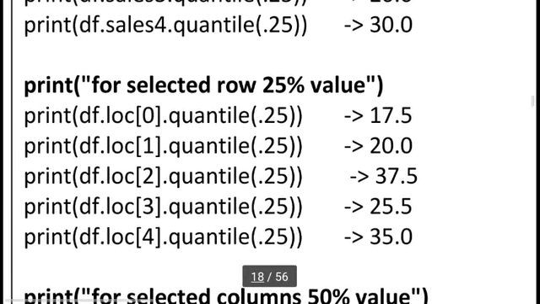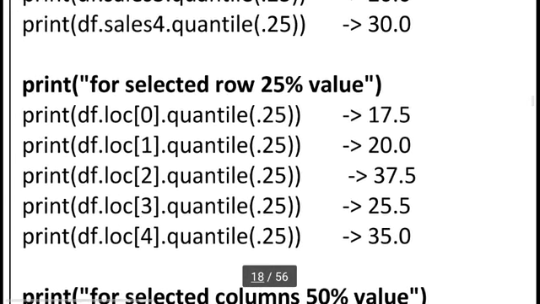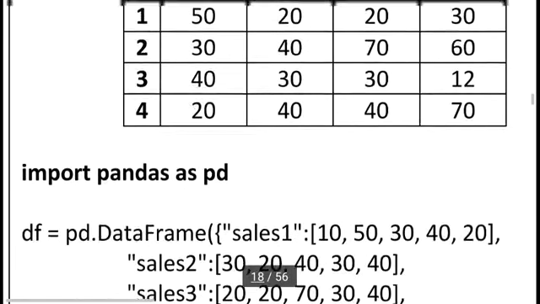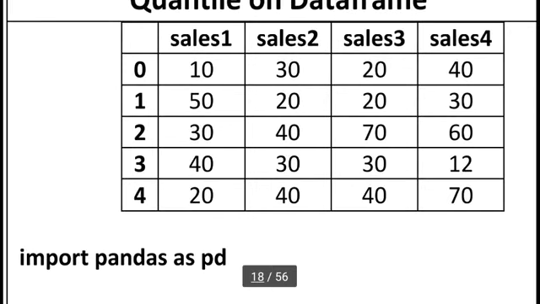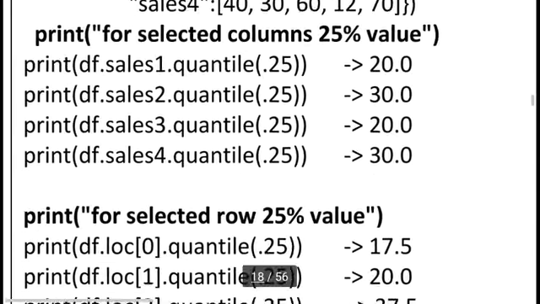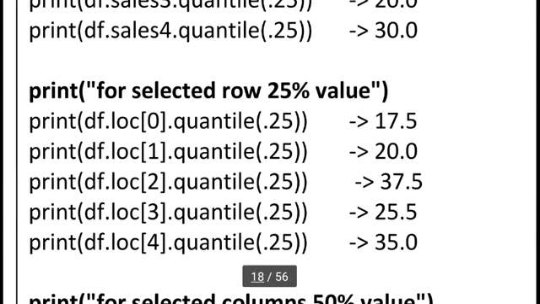Now I want to know the subsequent row, so I access a particular row with df.loc, where the index is 1. In index 1 you can see 50, 20, 20 and 30. So this is our single row, and the output is 20.0. For the subsequent row, df.loc[2].quantile(.25), the output is 37.5.